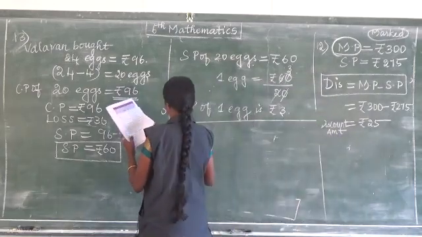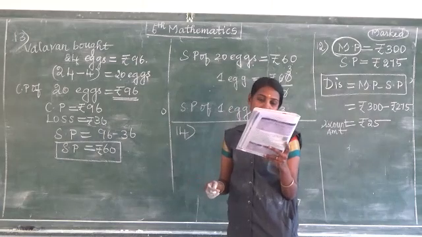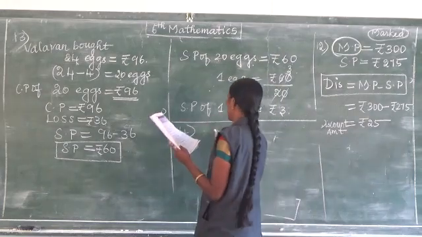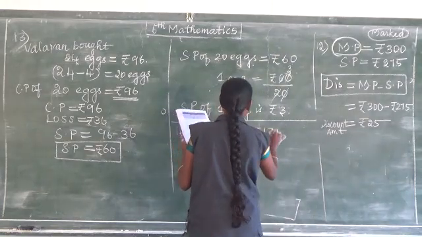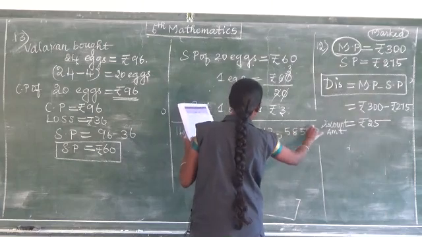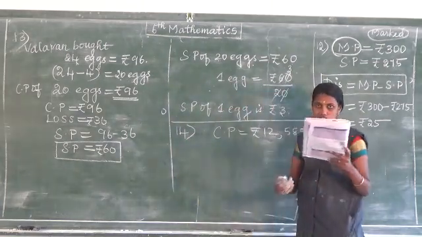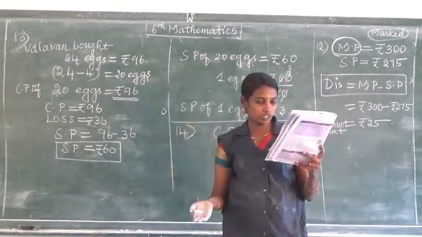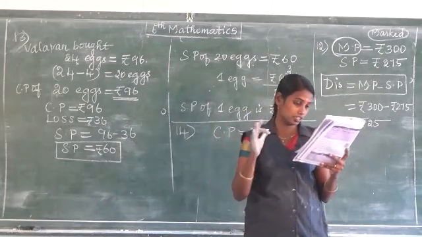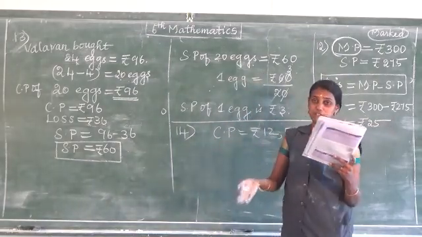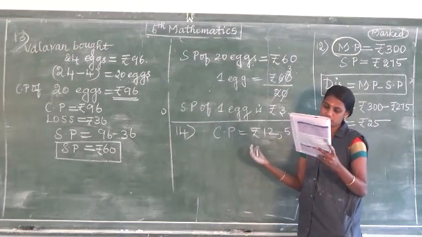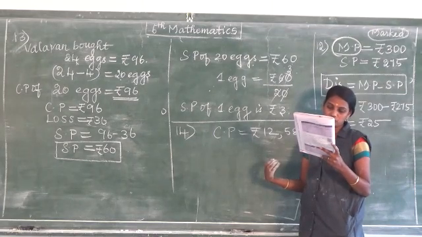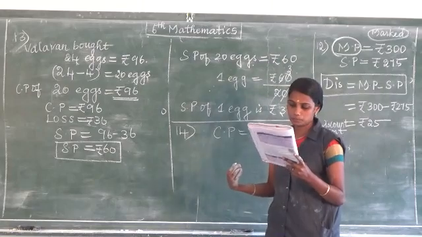Then question number 14. Mangai bought a cell phone for rupees 12,585. Bought means cost price. It fell down. Fell down means, okay, less. For example, the gold rate, one day it will decrease, one day it will be more. So likewise, it fell down means the mobile fell down. She spent rupees 500 on its repair. She sold it for 7,500. Find her profit or loss.